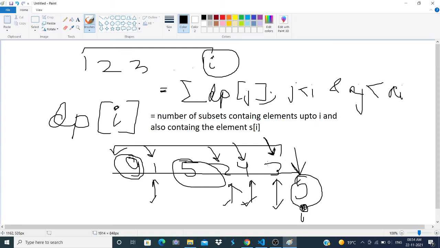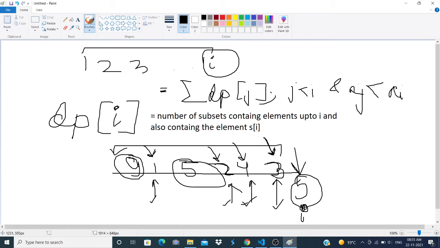So either I include this one also, or I skip this one and include this 4, or I include this 2, or also exclude it and include this one. So it will simply be the summation of all the elements which are lesser than this 5, right?